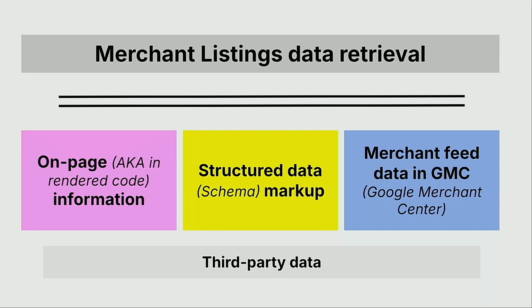The first is the information that you put on your product page, so the actual detail that sits on that page in the hard code. Then we've got the structured data, so the schema markup, which hopefully you're using product groups if you've got variations. And then finally, the data that you submit directly to Google through a merchant feed. Now, all of these things should ideally be saying the same thing, because if they don't, then you're probably going